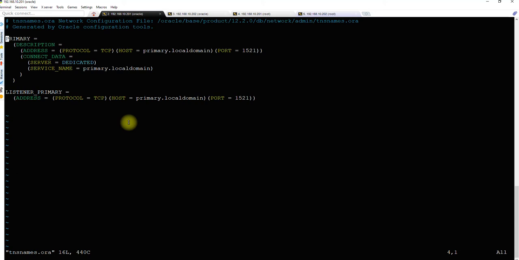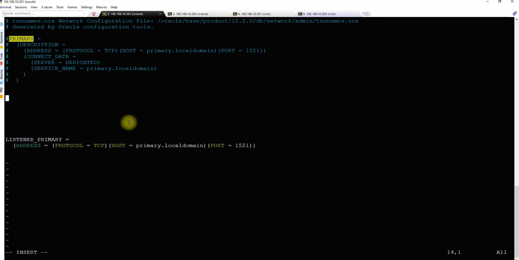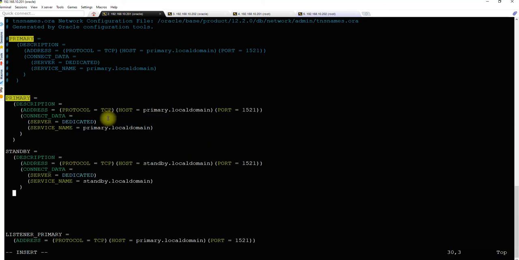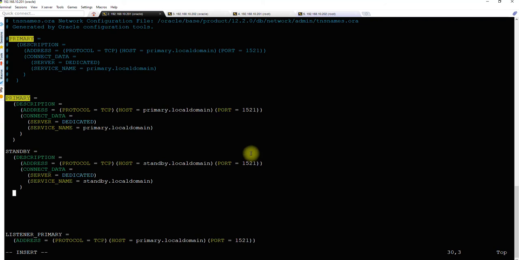What I will do, either I will comment it out, I don't need to worry about these. I'll enter it and paste it, okay. Although the existing entry was correct, that's fine. So we have the correct record everywhere.